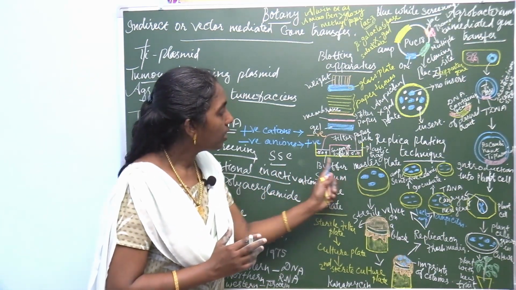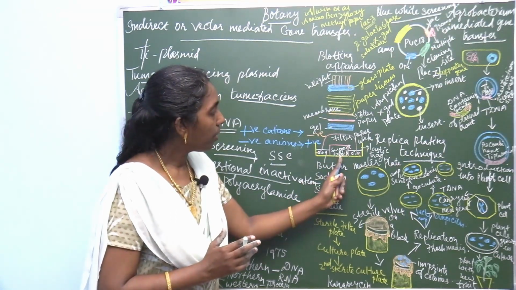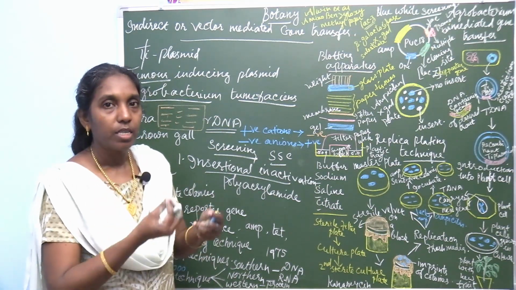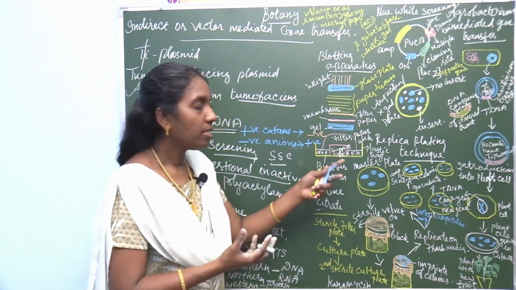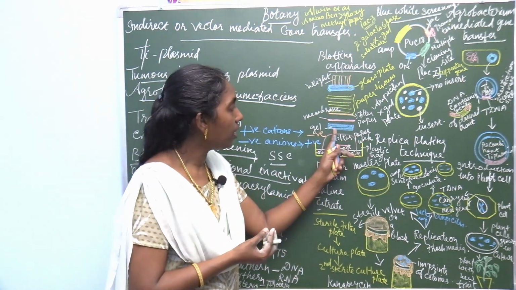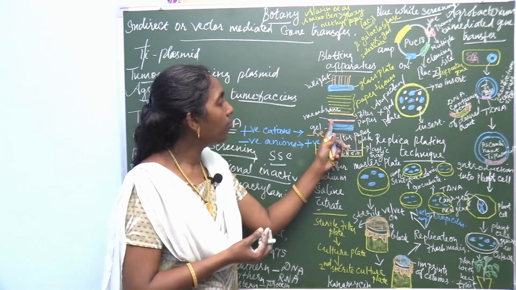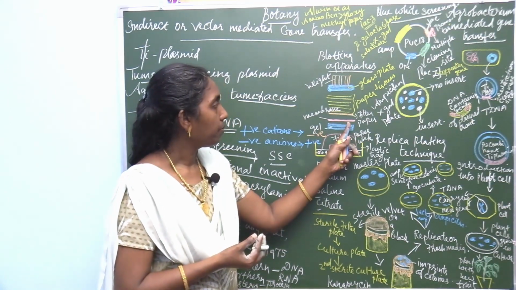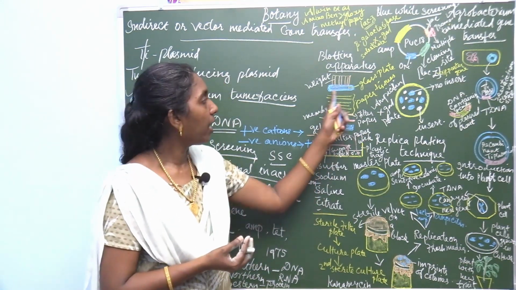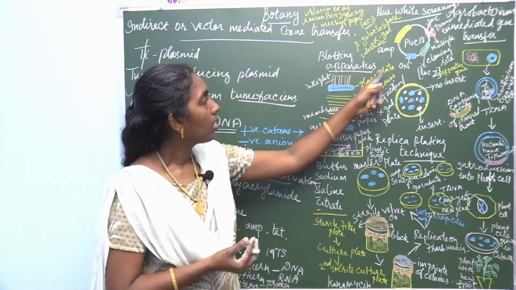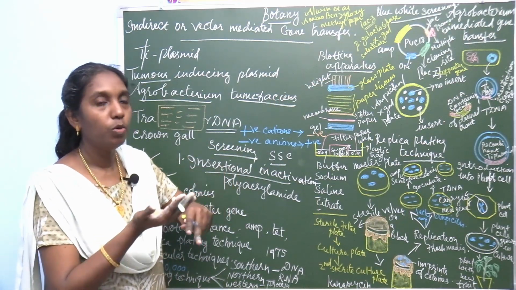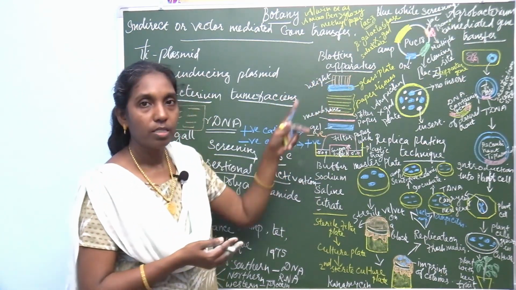Here is the buffer, which is supported by a block. The DNA is soluble in the buffer, and through the gel it passes to the filter paper. Here this is the gel, and through it the DNA passes to the filter paper. This is the filter paper, and here is the nitrocellulose membrane, and tissues are present here. Here is the glass plate with the help of weight. So, the transfer moves in this direction, from here to there.